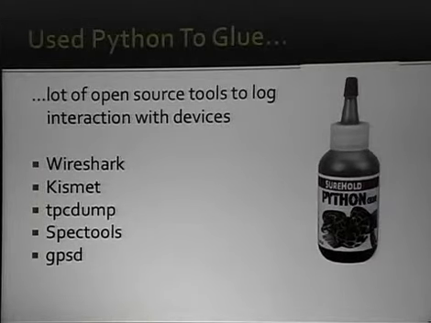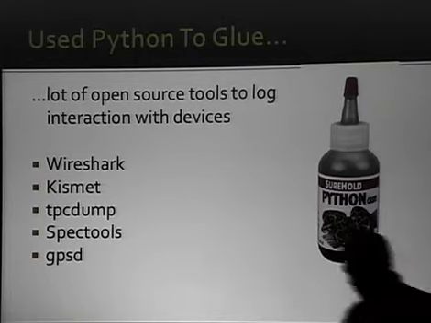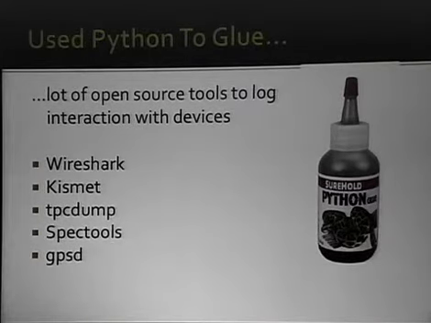So for example, with the logging, Kismet supports a client-server architecture. When we fired up Kismet, we were able to use Python to write some scripts that, as clients, connect to Kismet and pull out all the necessary data that we wanted and only dump that data. It pulled data on all the Wi-Fi management frames and wireless traffic intended for a device, as well as the entire spectrum activity on the 2.4 gigahertz with Spec Tools. As well as it was interfacing with things like GPSD to dump the GPS location inside of a building.